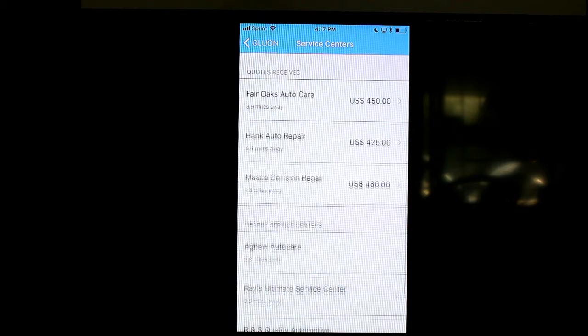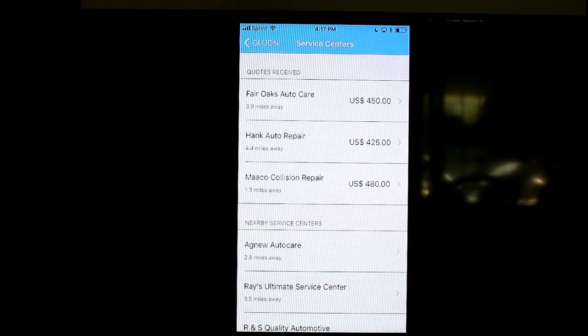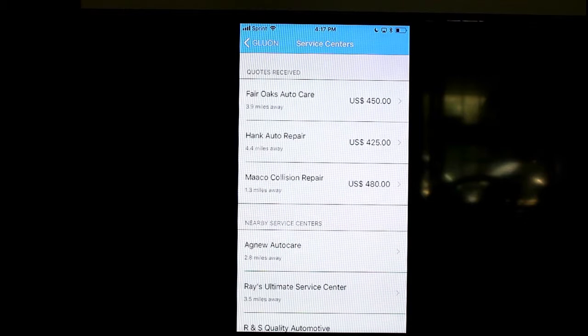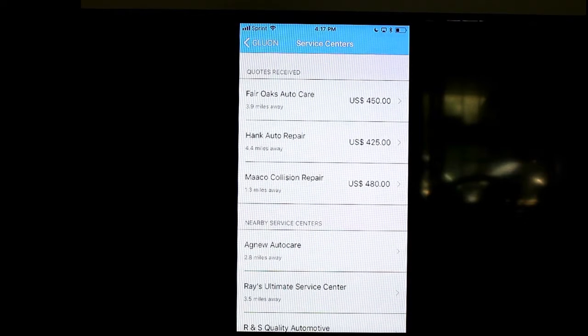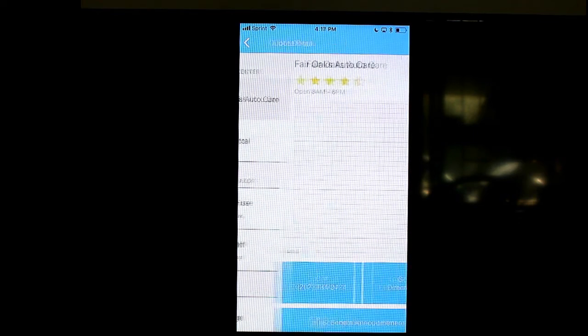This is also something where if you did get a diagnostic trouble code and it got sent out to various independent repair shops, that's where they can all compete for the job or the repair order. Click on the top one here, it would show parts and labor, what parts they would be using. So here, if I'm in this particular independent service, basically I would click on it again, go into it, and